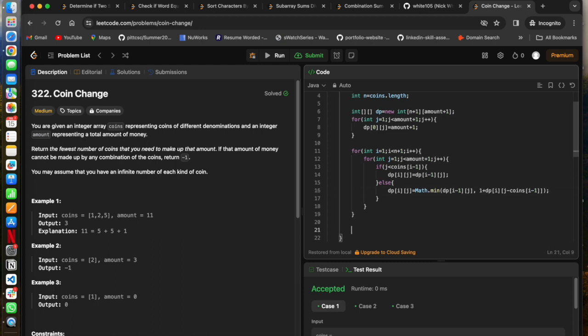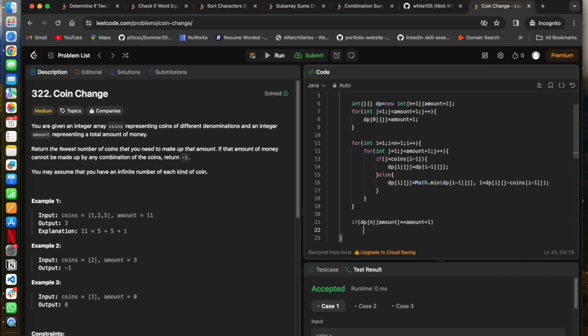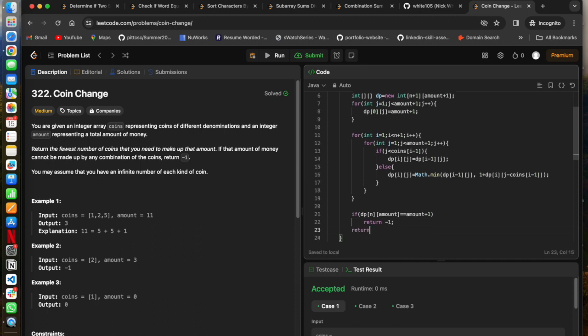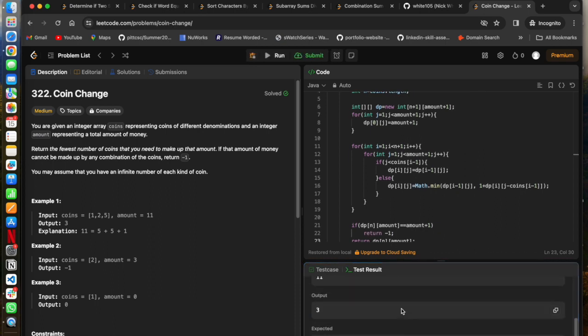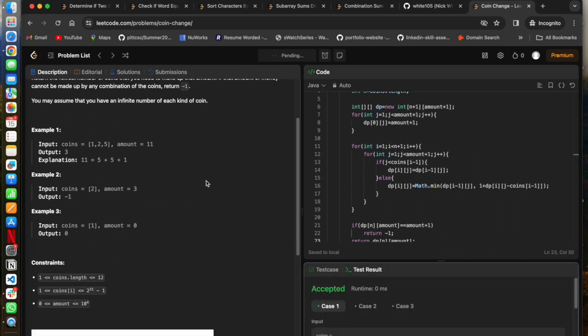So at the end we have to return the nth row and amount plus 1 column, right? But we have to first check if dp of n amount equals amount plus 1. If it's still equal to amount plus 1, that means we were not able to make any permutation of the coins that sums up to the amount, right? So return minus 1, or else return dp of n and amount. I don't think I'm making any problem. Yeah, it runs fine. So if we try to submit,